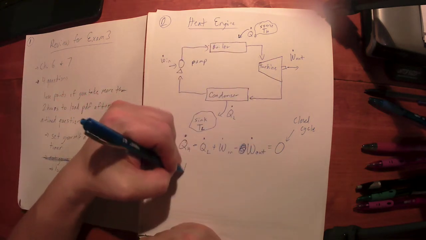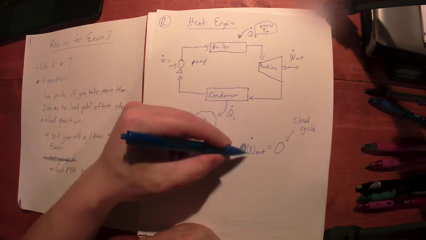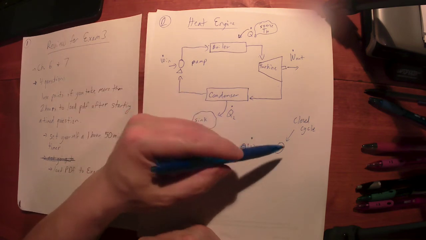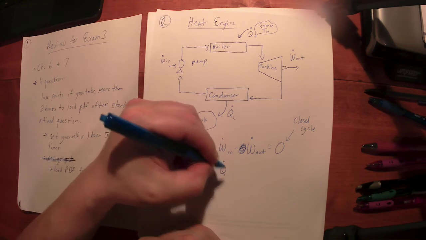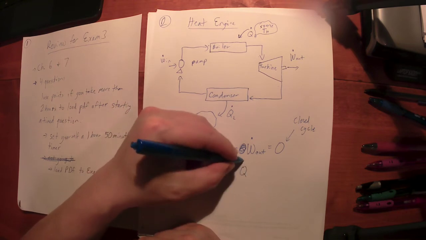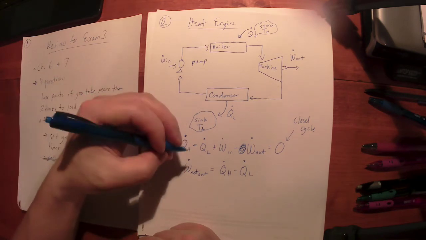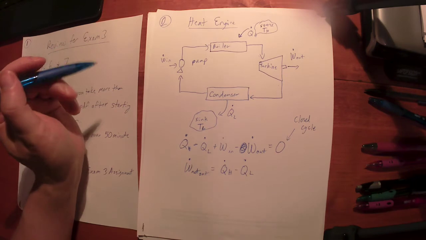there's no change in the energy for the system over the cycle. And how we normally write this is we say the net power output, the difference between work out and work in. So move this over. So it's work out minus work in on the other side of the equation, and it's going to equal the difference between the heat in and the heat out. That's QH minus QL. So the net work out, or the net power output, is equal to the net rate